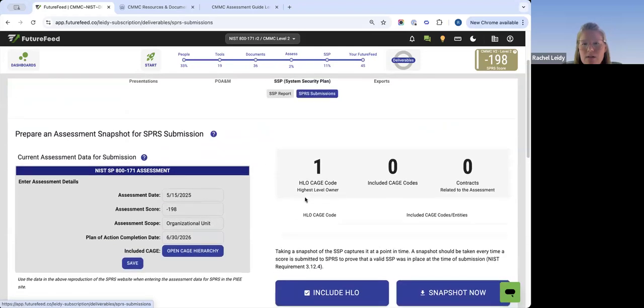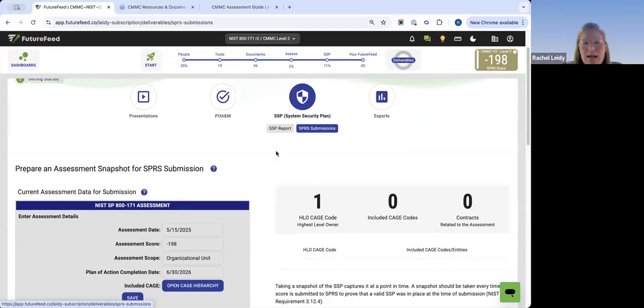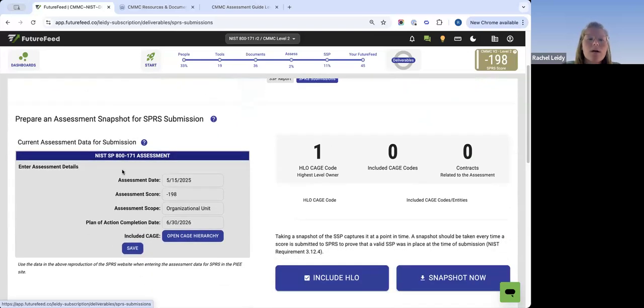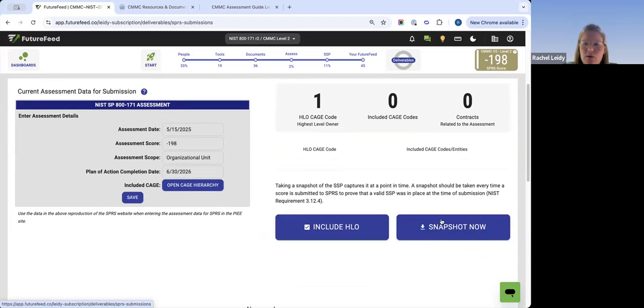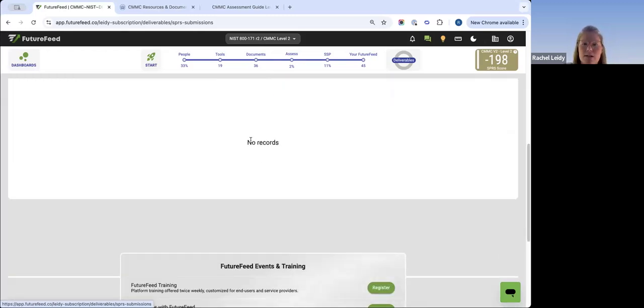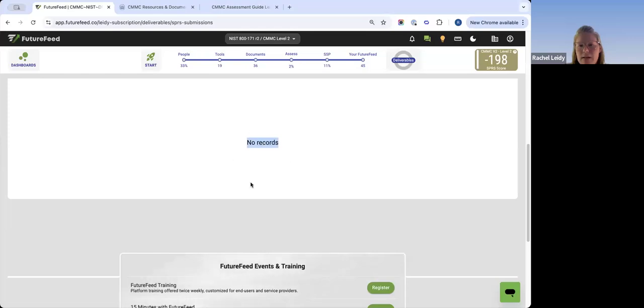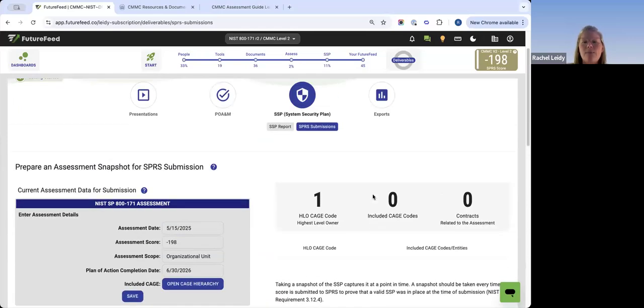Here's a SPRS submission SSP area. So it's going to display your score, your dates, POA&M dates, assessment dates, CAGE code association. And what you're doing here is if you click snapshot now, you're generating a version of your SSP, and then it would be saved automatically down below under the records area. So that way you always have a version of that SSP that aligns with that score that you submitted in